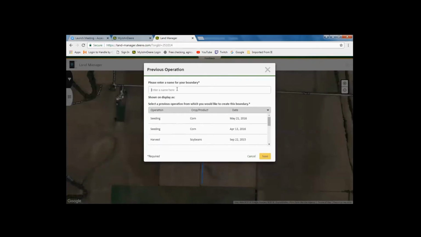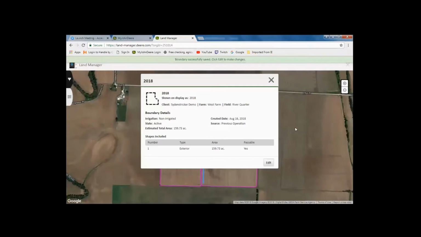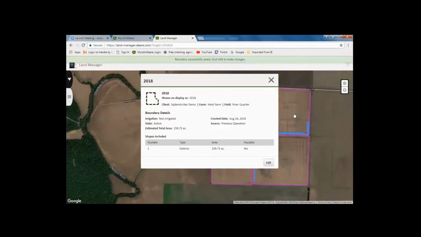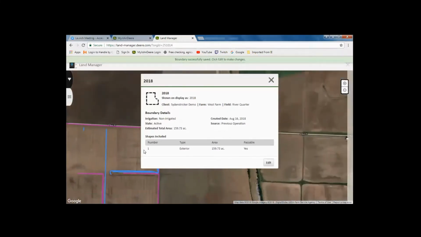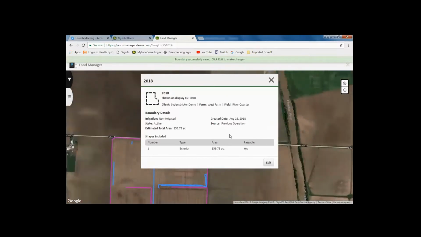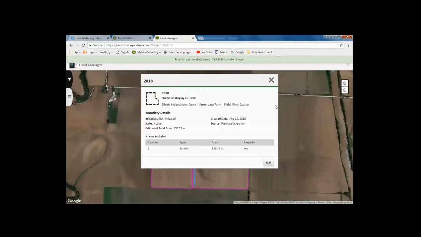First off, we want to name the boundary. I'm just going to use 2018, just the season. And this one here is replant. We're not going to use it. The April 13th to 16th date. Hit save. You can see in the background, you can kind of grab it and pan around to see what the boundary looks like. I'm going to go ahead and go in to edit